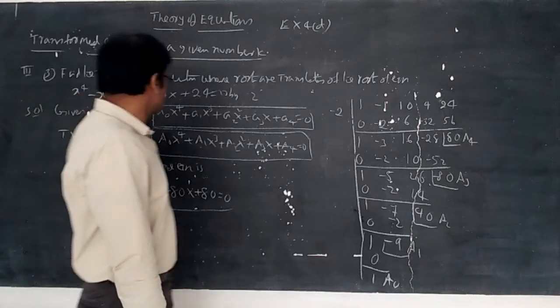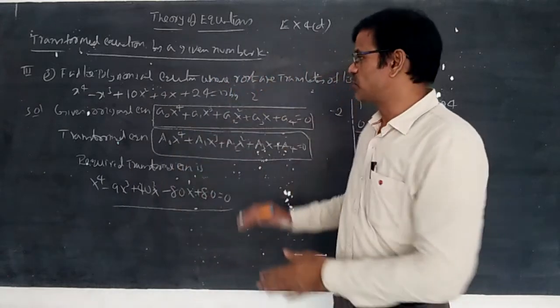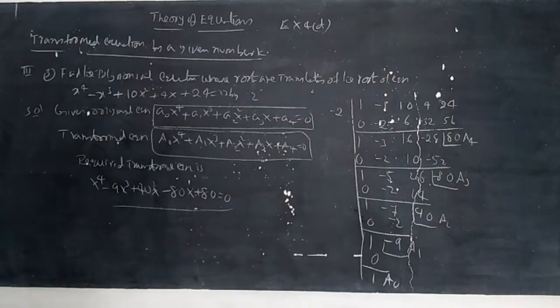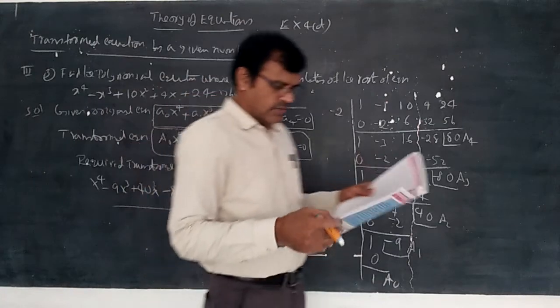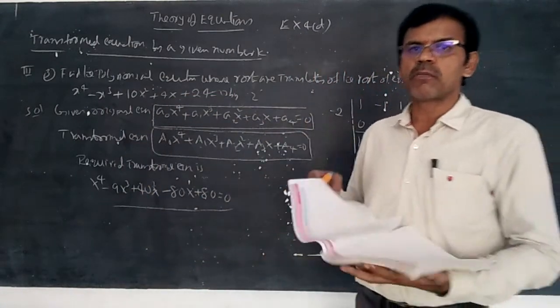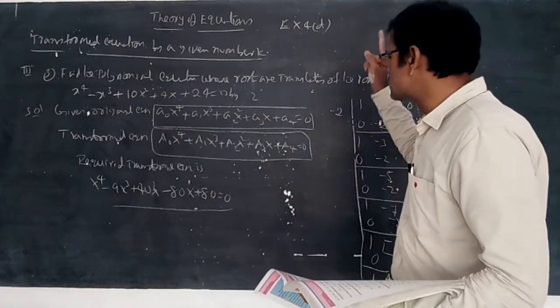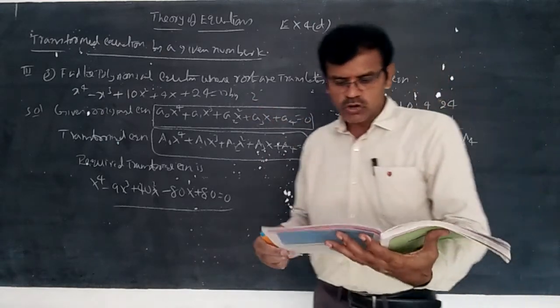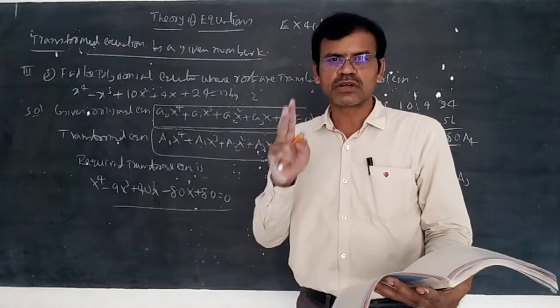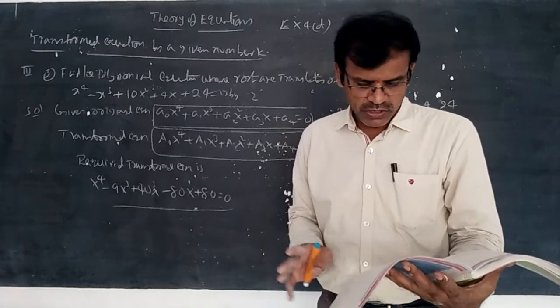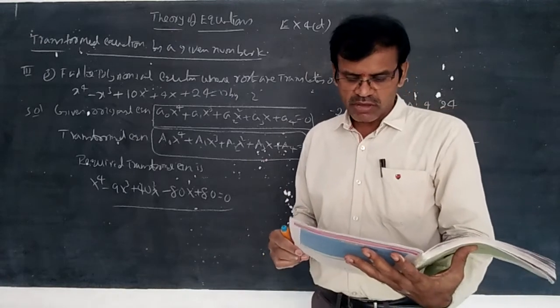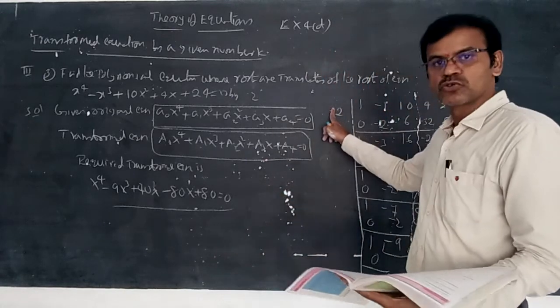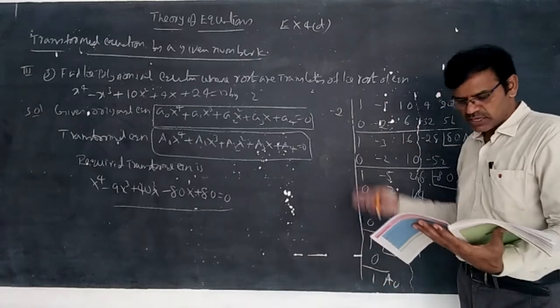There was a mental mistake there, student. That is why I gave this sum to you. Depending upon this one, you can do the remaining sums also. You should remember that whenever the equation is transformed by a given number, you should change the sign. Here it is by 2, so put minus 2. In Roman number 3, first question, minus 2 is there, so put only 2, not minus 2. Next, in Roman number 2, second question, minus 3 is given, then you should put 3 here and follow the same method.